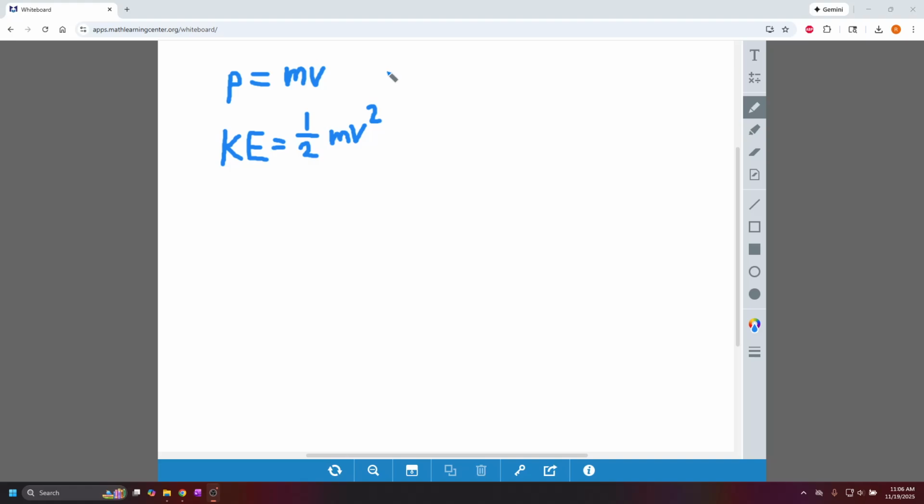And one way to think about it is momentum is something that is related to time. It's related to time. And kinetic energy is something that is related to distance. And you might even remember that there are other equations related to these, where force is equal to the change in momentum over the change in time,